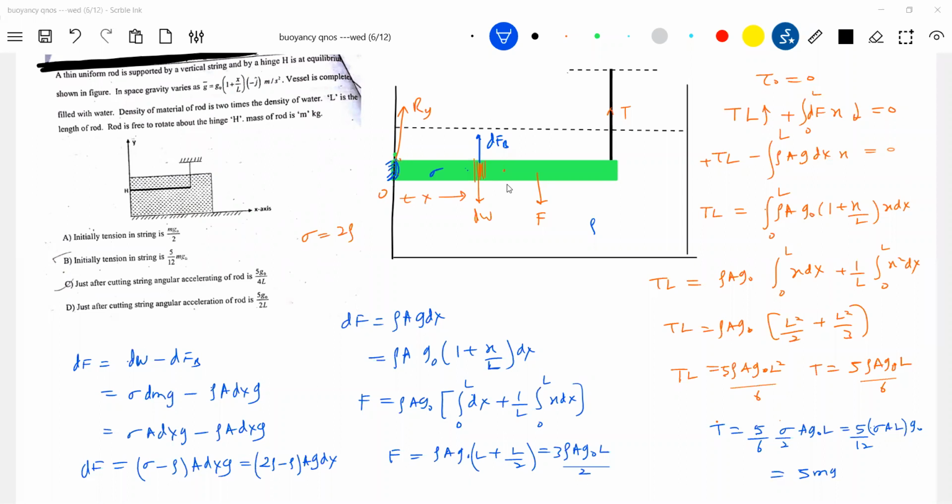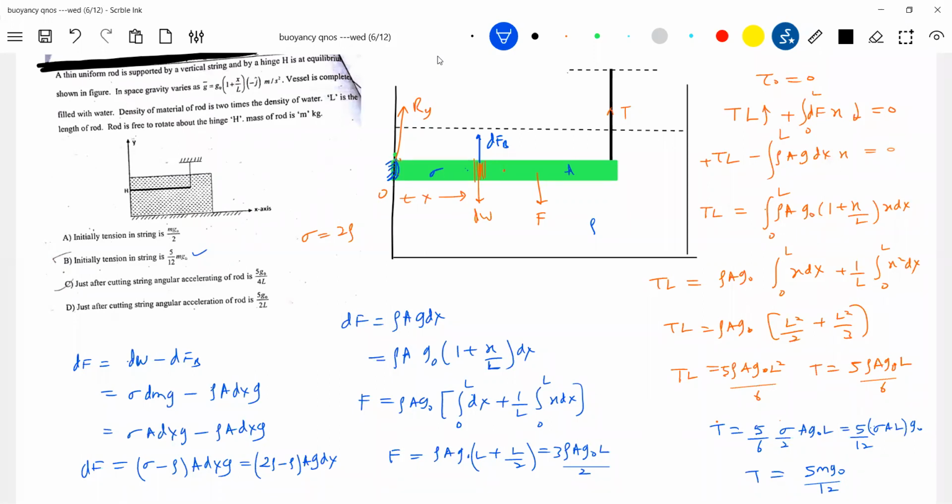You see that final answer I'm bringing in terms of sigma A L. Sigma is what, density, no? Area of cross section of the rod is A. So that will become this one. So like this, what happened? We got the tension.